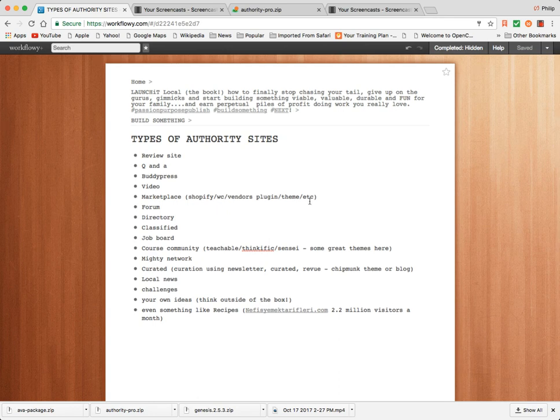So let's look at some of the various permutations of authority sites that are easy to create. Most of these can be done on WordPress or a close analog to WordPress. So let's cycle through them really quickly, and then I'll make a couple recommendations. So review sites, Q&A style sites like a Quora style site, BuddyPress, video communities, a marketplace, which you can